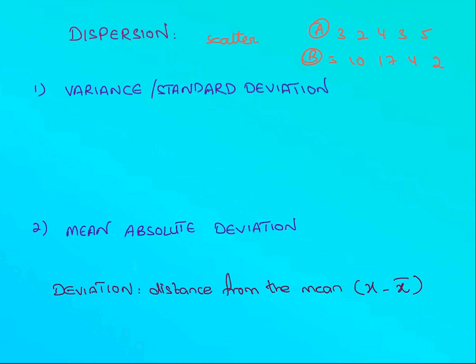Now you have two different measures of dispersion. One is variance, or you can say standard deviation. These two are very related. We'll discuss these, and then there's one more which is mean absolute deviation. The one thing you see common is the word deviation. Deviation is just the distance of the x value from the mean, which is x minus x bar. It's just that. Deviation means how far it is from the mean. This set we said has more dispersion, so this has a higher variance as well. This one relatively has less dispersion, so the variance is less here.